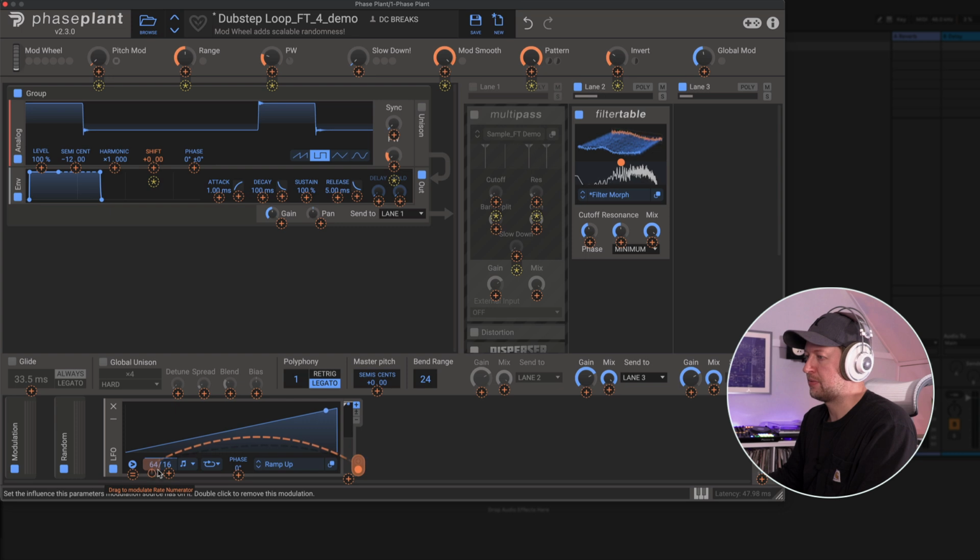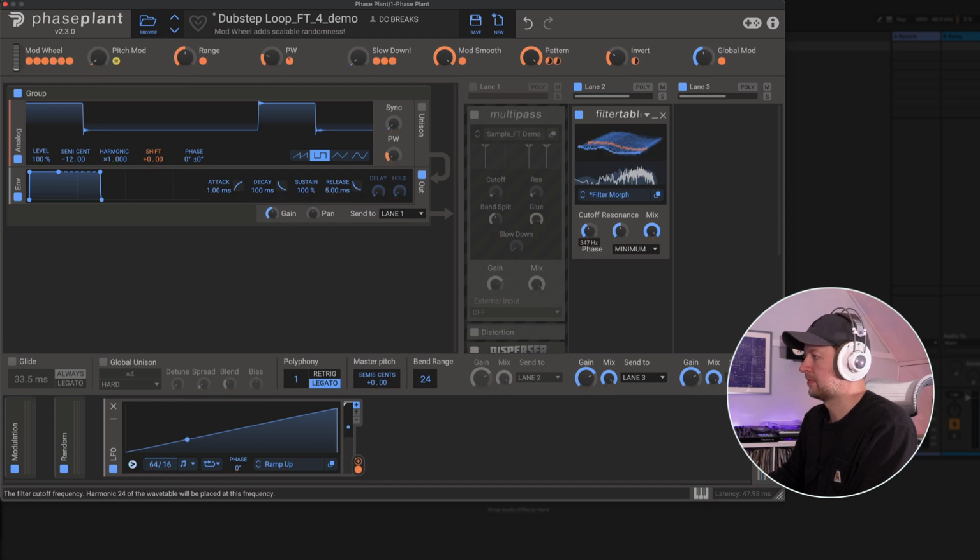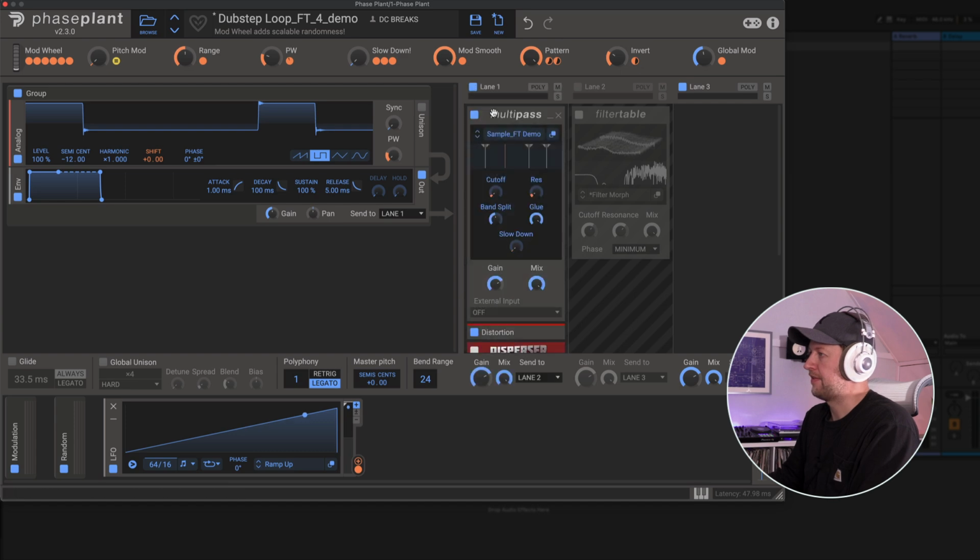If we need to speed it up or slow it down, we can just change the rate of the LFO to do that. And then we've also got the ability to adjust the cutoff and the resonance, which can really drastically alter how this sounds. Particularly the resonance, it really gives it that metallic timbre. Now obviously at the moment this one doesn't sound very good, and what I found is that if you work